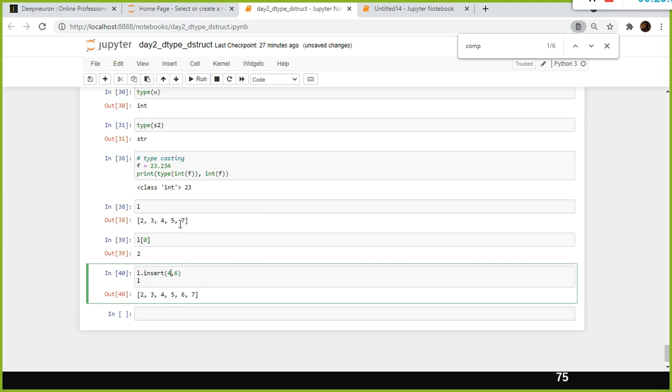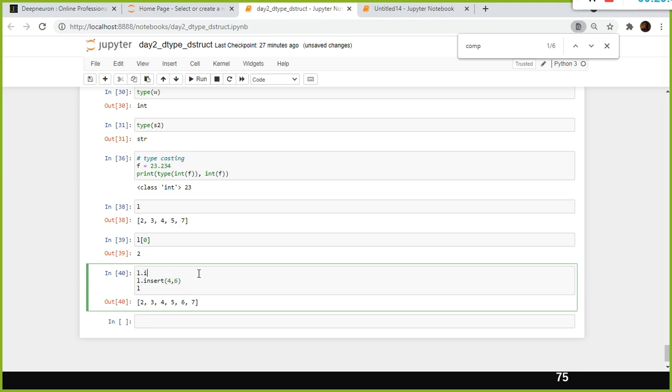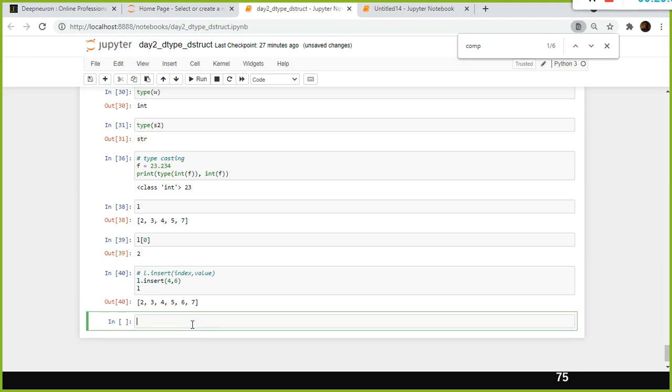The fourth place is where you want to put 6. The syntax is L dot insert, the index value, comma, the value. Index, comma, value. This is how you can insert the value.